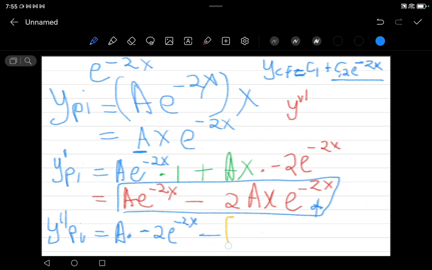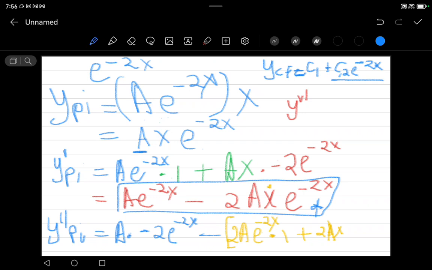Okay, so that's where we're going to focus. Remember here is a product. We have a linear and exponential. We copy, we derivate, we copy, and then we derivate. So we are going to start by copying 2a and then e to the power of negative 2x, and then we derivate x. So it's going to be 2a e to the power of negative 2x and the derivative of x, which is 1, plus we're going to copy 2ax,